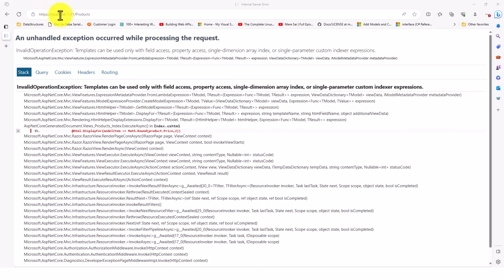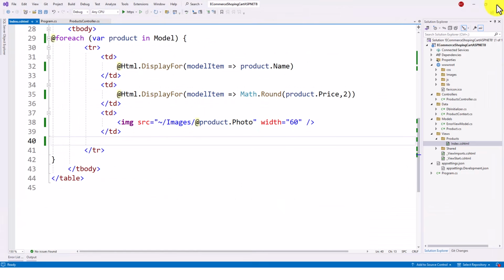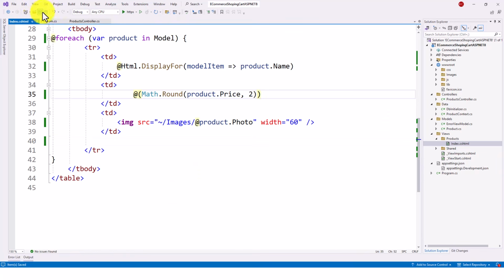So when I browse to products, it has come up with this error. An unhandled exception occurred while processing the request. So at this line, that is the culprit. So let's change this line at Html.DisplayFor, where I put the math.round function. It is saying templates can only be used with field access, property access, single dimension array index, or single parameter custom indexer expression. Whatever this means, let's not go deep into this, but I will change that line of code, because that is the culprit over here. Now I have changed it with this code, and let's again